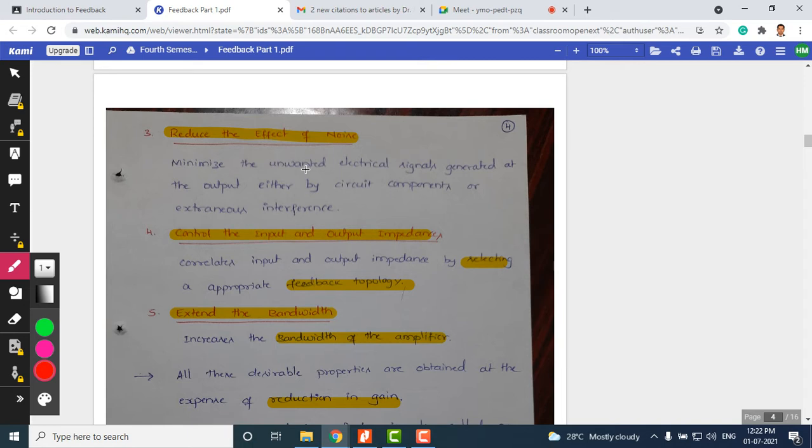So, noise is nothing but an unwanted electrical signal, a signal which is of no interest. Sometimes we do not know where these signals are generated. It can be within a device like a BJT or FET, or it can sometimes be atmospheric disturbance. Those kinds of unwanted electrical signals can originate at different places. Sometimes you see this noise in amplifier circuits also, as disturbances in the output. Such unwanted electrical signals can be reduced by employing negative feedback.